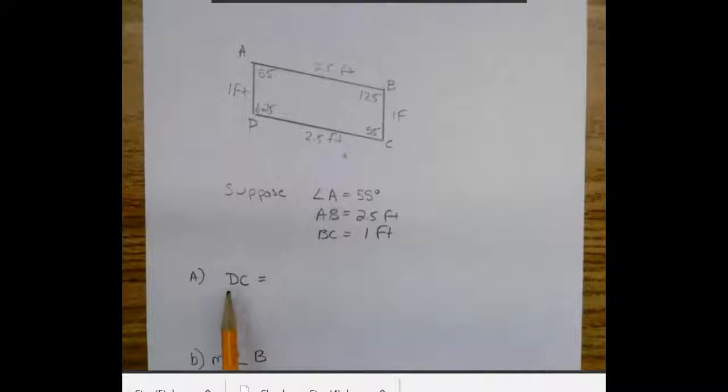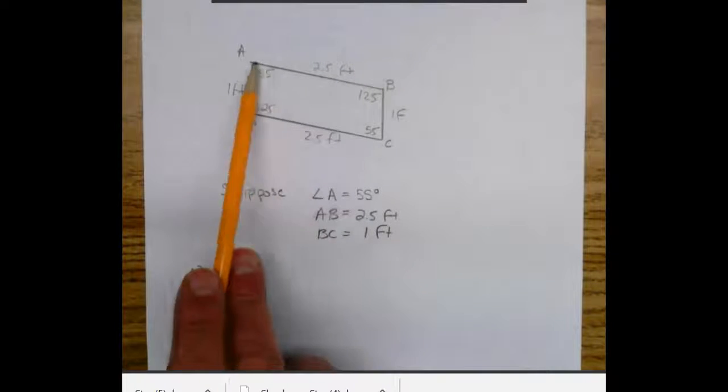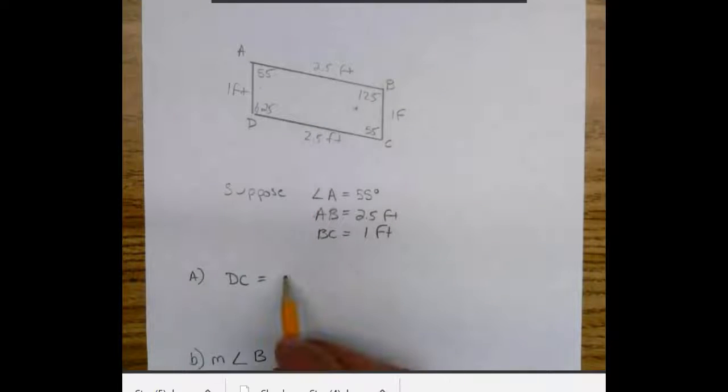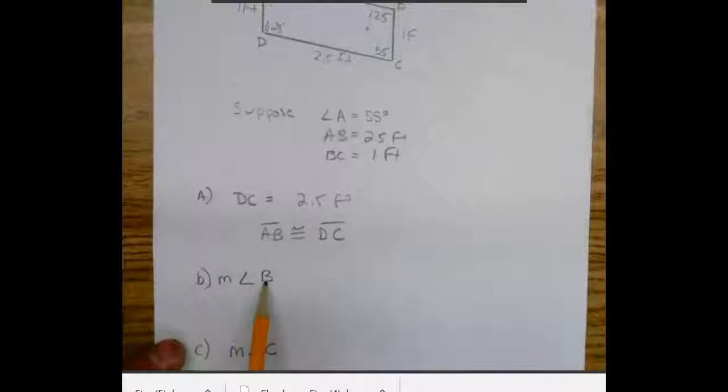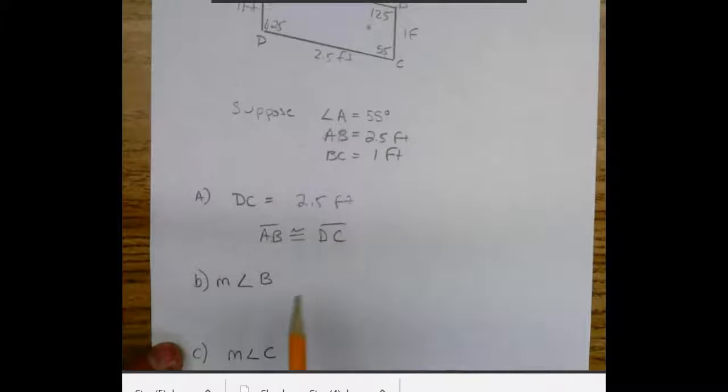Then it's going to ask us, so what's DC right there? So we know if AB is 2.5, this is also 2.5 feet, and that's because segment AB is congruent with segment DC. Then the measure of angle B, right here, is 125